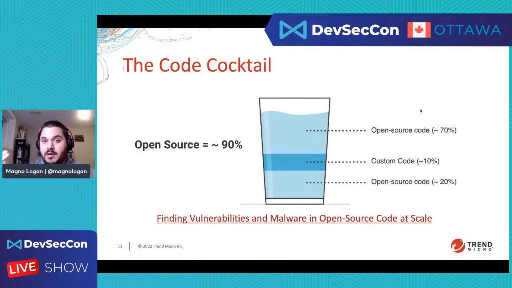So how can we improve that? Usually I ask myself: if I need to choose between protecting the custom code or protecting the open source code, at least from my perspective, if I want to cover a broader attack surface, I should probably focus on the open source code. I should probably focus on protecting my libraries and dependencies first, before focusing on the custom code. So that kind of makes sense to me.